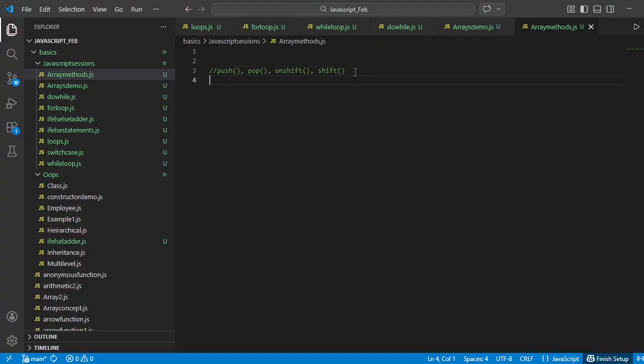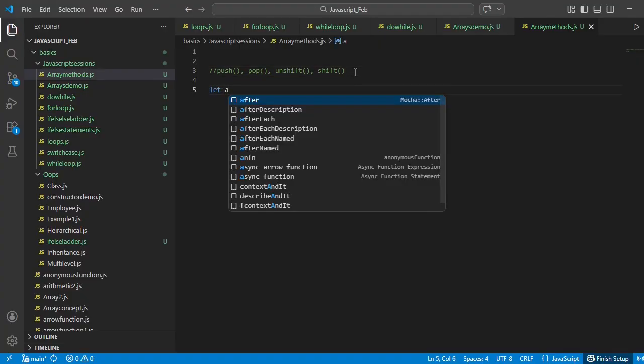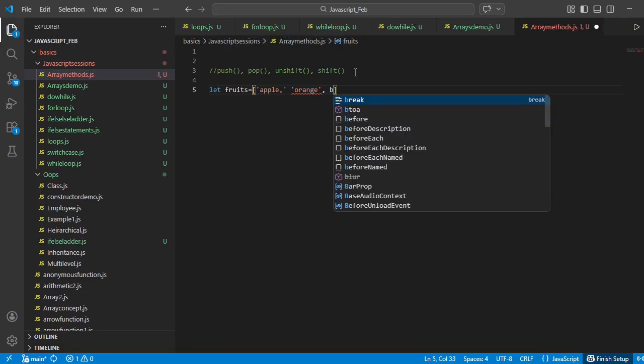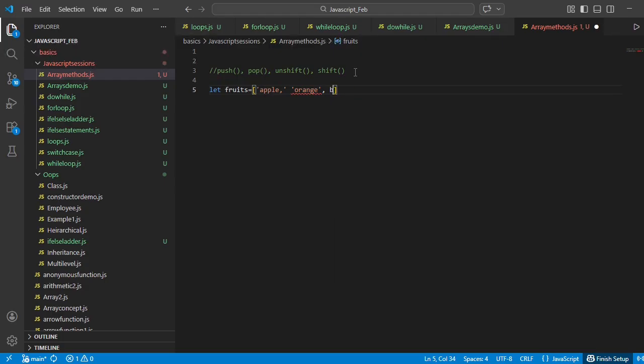Okay, now let me provide some normal array value. Now let me mention let fruits only. I'll take it out. Fruits equal to, and then let me provide some fruit values. Let's say apple, then orange, then I would mention banana,